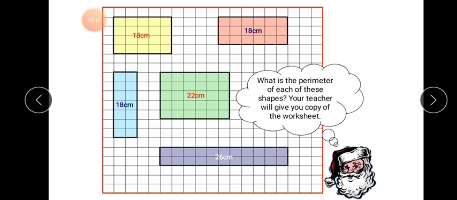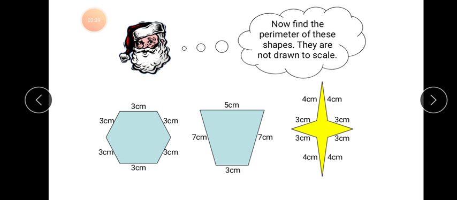In the exam the question may come to find the perimeter of different types of shapes. So we have to count the number of squares around the shape. This will give you the perimeter of any shape. Now let us find the perimeter of some different types of shapes. This shape is called a hexagon, because it has 6 sides: 1, 2, 3, 4, 5, 6. A 6-sided figure is called a hexagon. This is a pentagon, or we can say it is some type of quadrilateral.